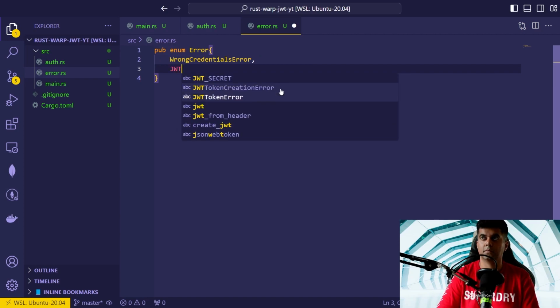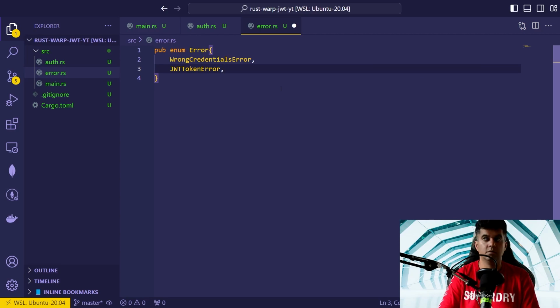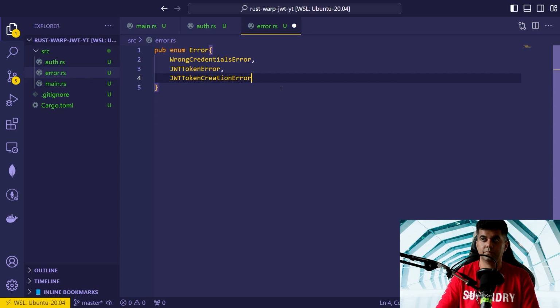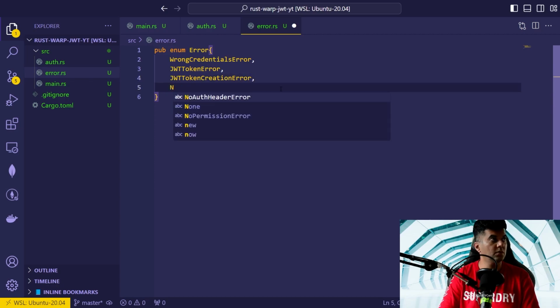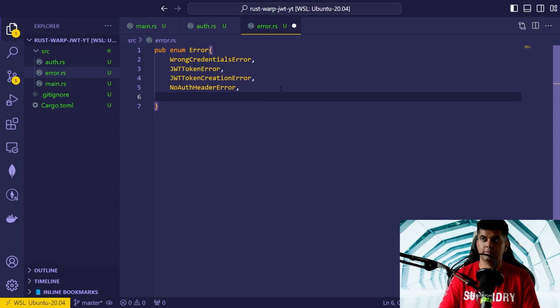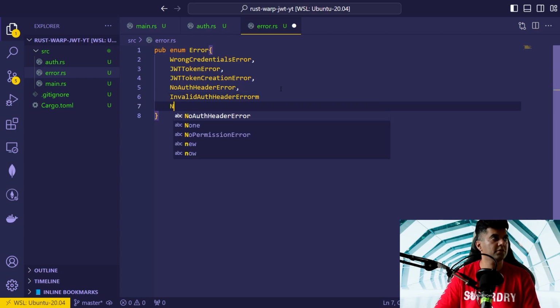Okay, I've used the JWT token creation error, this one. So that's the benefit with using a good IDE, is that you get these suggestions based on the errors that you already used. The other is invalid auth header error and the no permission error. Okay,